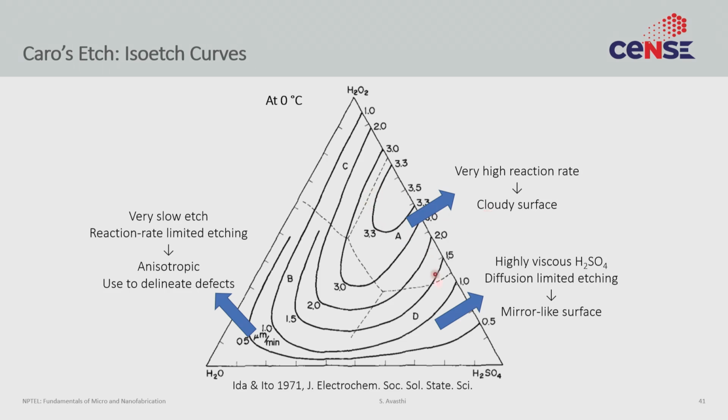A lot of the microfabrication often happens either in this corner or in that corner where one of the components is in short supply. So for example, if you look at here, in this case, the H2SO4 concentration is fairly high, the H2O2 concentration is fairly low, and that leads to a very viscous, thickish etching liquid. H2SO4 tends to be very viscous, and because it is in higher concentration, the overall mixture is also highly viscous. And that often means that in this regime, you often are limited by diffusion, which gives you very nice mirror-like surfaces. Since gallium arsenide is an optoelectronic material, mirror-like surfaces are useful. So a lot of the practical gallium arsenide etches tend to focus on this region.